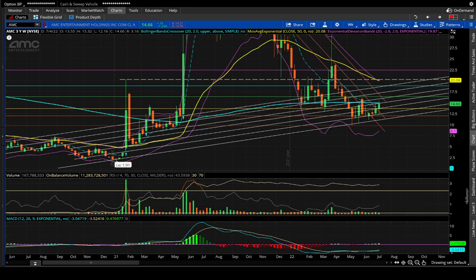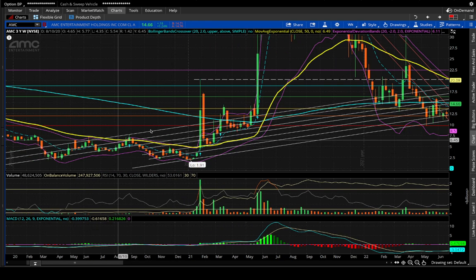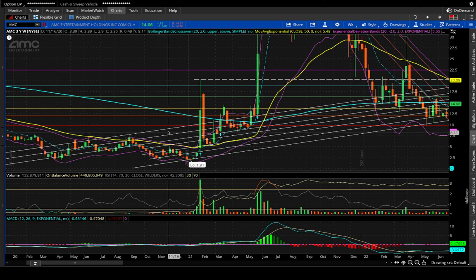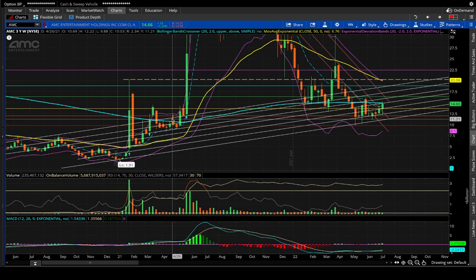As always, I start in the macro, looking at the weekly chart, so every candle represents a weekly trading range. It goes back roughly 3 years. I've got it just showing these trend lines. I know they aren't going to be completely accurate in regards to the weekly. It does show true respect on the uptrends, but these play more of a factor on the daily candles. I want to preface, this is going to be probably a 25 to 30 minute video. I'll try and keep it concise and show you some things I'm looking at, but let's go ahead and hop into this.